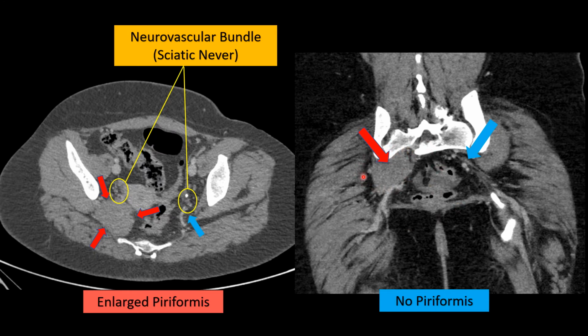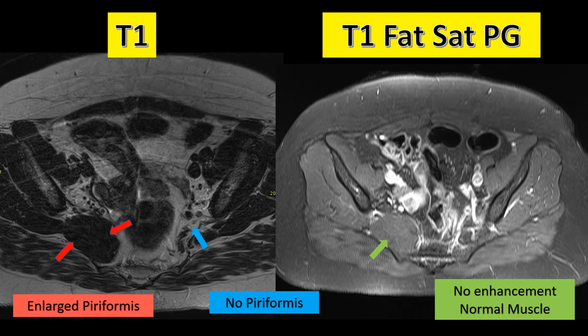With the red arrow, that big enlarged lesion, which is actually the piriformis muscle, and on the left side we don't see anything but the neurovascular bundle going down. So the radiologist thought it was an enlarged piriformis syndrome, but it looked too big and asymmetric, so recommended to do an MRI. On the other MRI, we have T1 images without fat suppression and T1 images with fat suppression